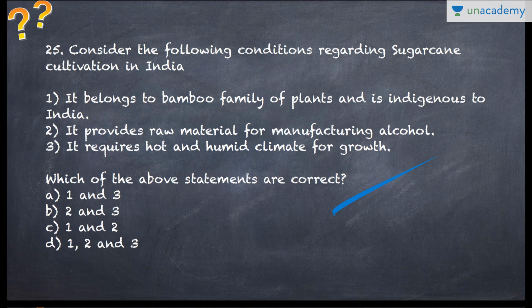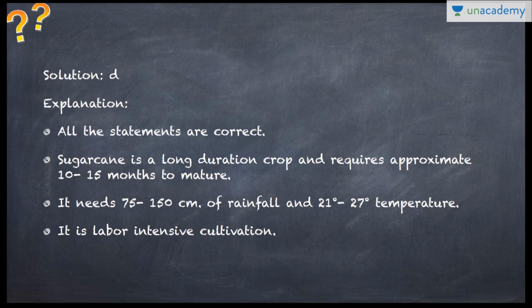So that's also possible. It grows in hot and humid areas. Please think about where sugarcane production is happening in our country. One is in western UP, then there is the Maharashtra side, and then you have Tamil Nadu here. Also, there was a discussion about how Tamil Nadu sugar has a higher sucrose content. It's basically because of soil patterns and all. So the answer would be D, that is, all the statements are correct.